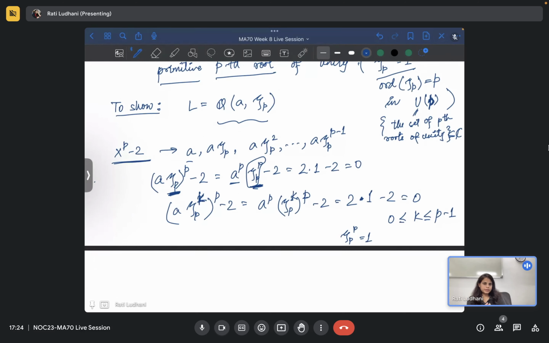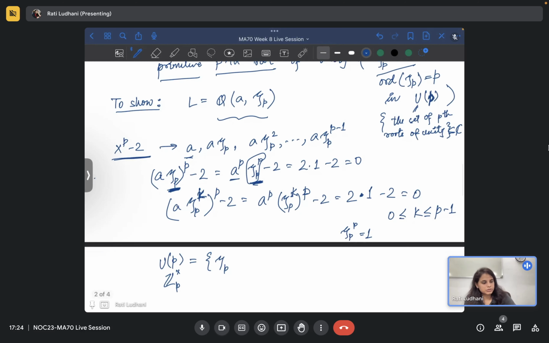Is this step okay? Okay, zeta_p raised to power p is equal to 1. So we have this. Now also note that these are all different. These cannot be the same, because firstly this U_p group. So U_p is basically what? If you remember, that is this, right? This is isomorphic to, so what is this? This means units of